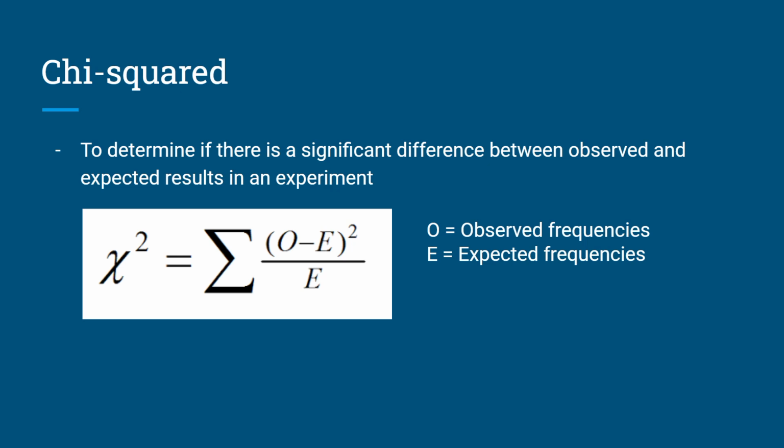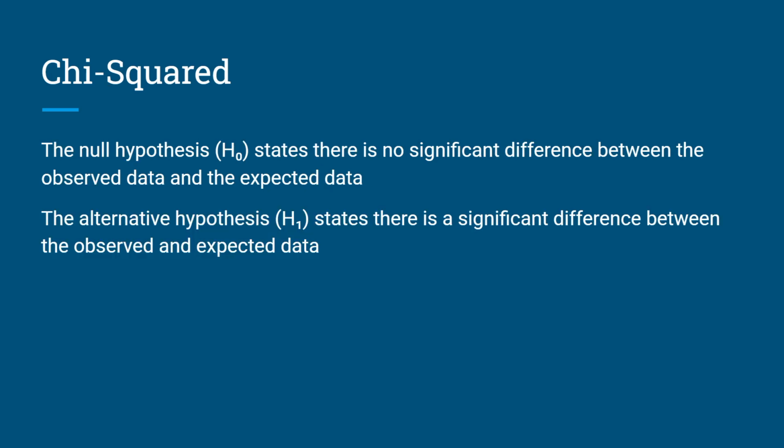A chi-square test is used to determine if there is a significant difference between the observed and the expected results in an experiment. In this formula, the O represents the observed frequencies and the E represents the expected frequencies. Now, whilst this formula may look slightly confusing at first, we'll be going through an example, so hopefully it will make more sense. The null hypothesis in the chi-square test states that there is no significant difference between the observed and the expected data. The alternative hypothesis states that there is a significant difference between the observed and the expected